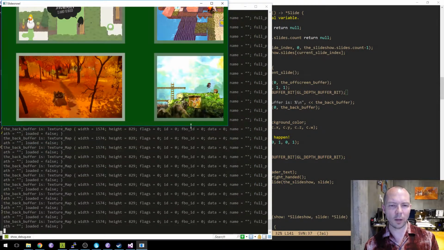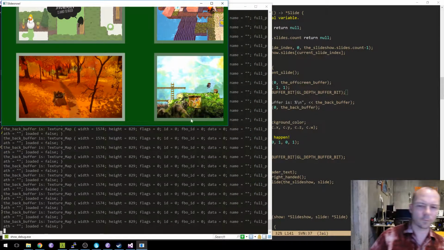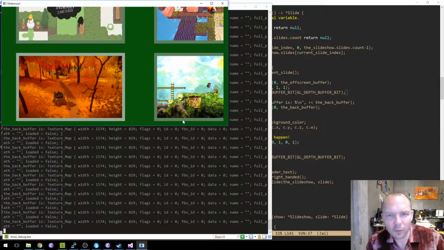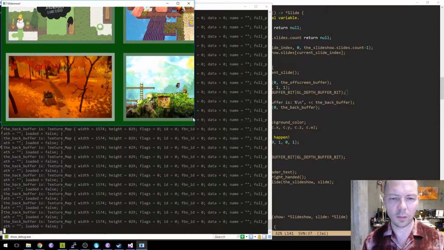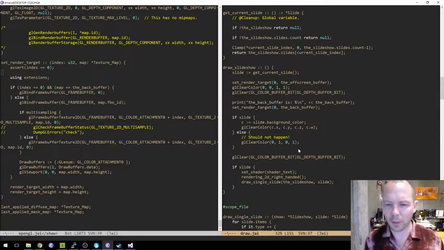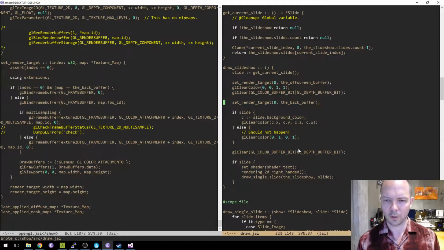I don't understand why we're doing that, but it is something that should be debugged for sure. It's probably not going to naturally go away as we do this, although it might.